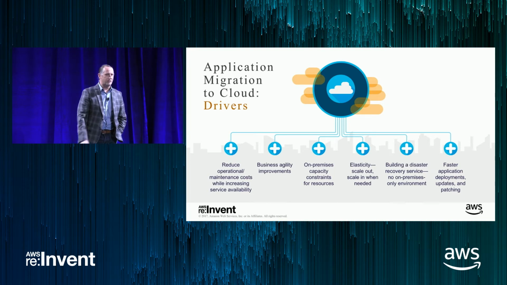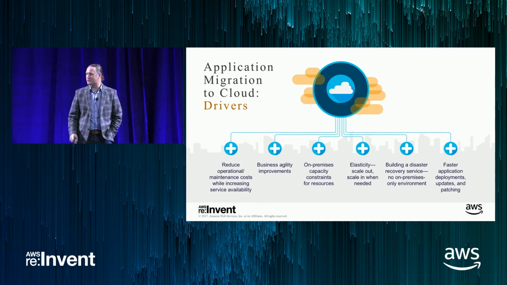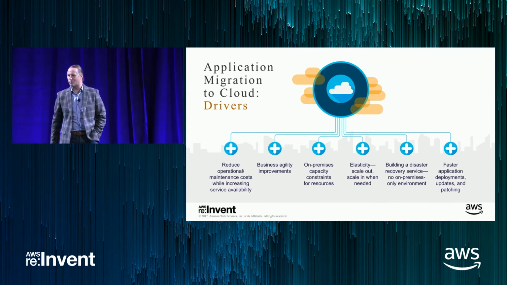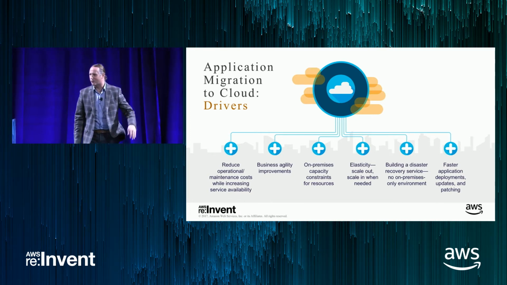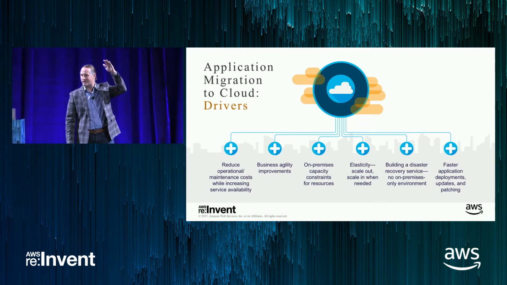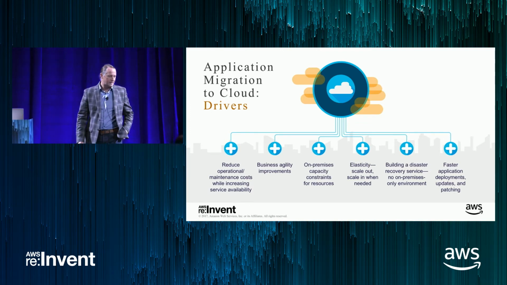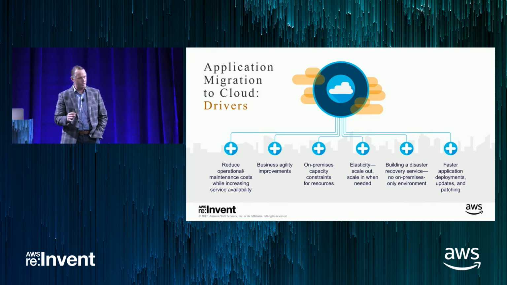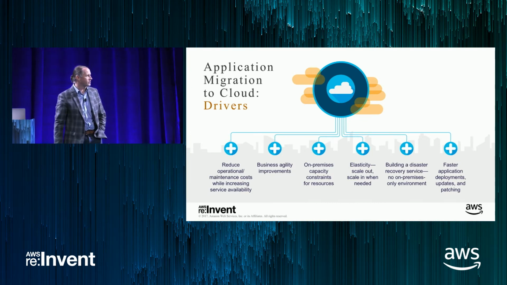So not going to tell you guys why you're going to the cloud. We're going to hit on a few points here. You may be out of capacity. We have some customers that sometimes the electric company can't bring you any more power to your data center, or you've already moved to 52 U racks to go as high as you can and there's just no more. Or we find a lot of times people are using it for disaster recovery, or you may have an infinite number of variabilities. I need faster. I like all the new services I heard them announce this week. Obviously AWS innovates at an incredibly fast pace in new services, so one of these drivers or more may be relevant to you.